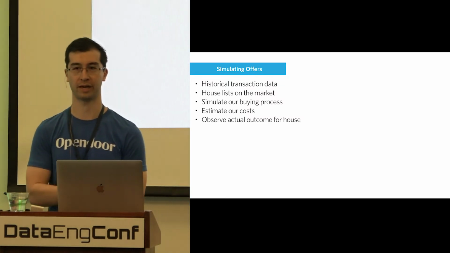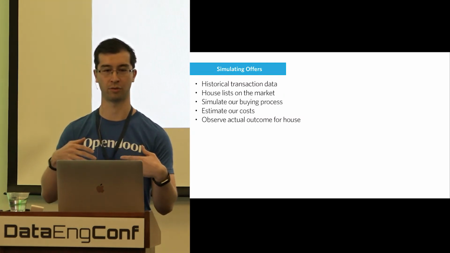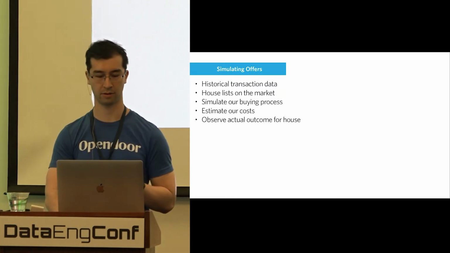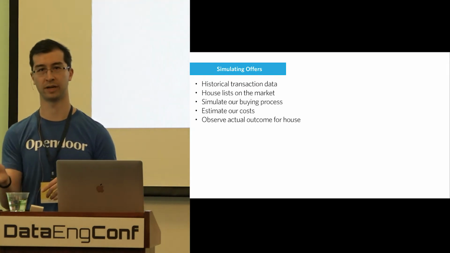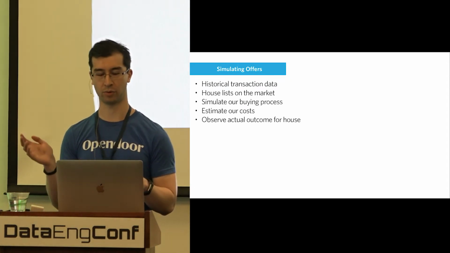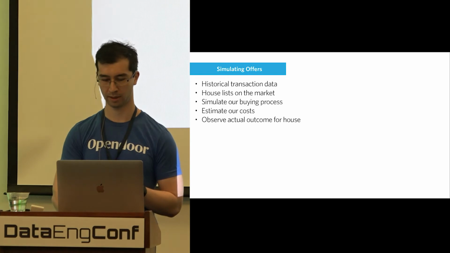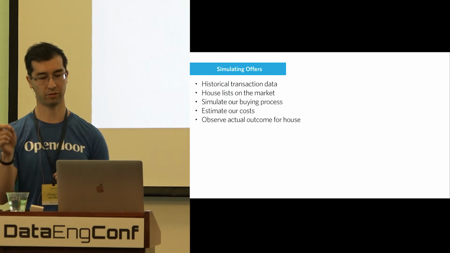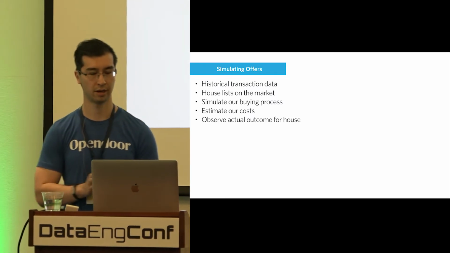Well, we have historical transaction data, so a stream of people who are expressing interest in selling their houses, they're listing them on the market. And then some of them will have been successful in selling their houses. So they list their houses, and we're trying to simulate what we would have done at a certain point in time. And based on our philosophy, the way we do that is we want to estimate our costs. So we think this house is going to be very costly for us to resell or not very costly. And we hold ourselves accountable to what actually transpired. So if a house ended up taking a really long time to sell and we thought that was going to be the case, then this is good.